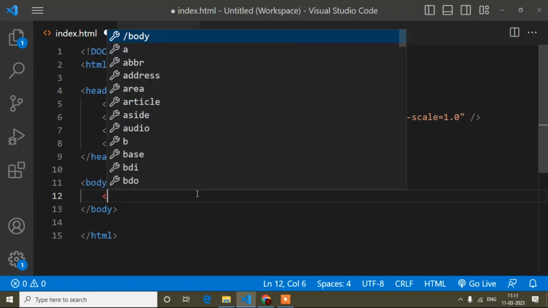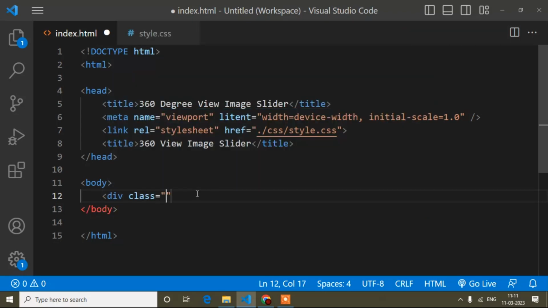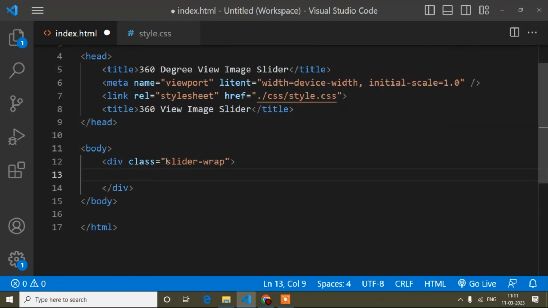Now here I will write a div with the class name slider wrap. By the way, this class name you can write anything, because this is a custom class. But just remember when I write the CSS for this class: suppose you have written this class name as slider wraps instead of slider wrap, then when I write CSS for slider wrap, you have to write CSS for slider wraps, because you have changed the class name. I hope it is clear. I'm trying to explain everything because if you are new, it will be easy to understand.